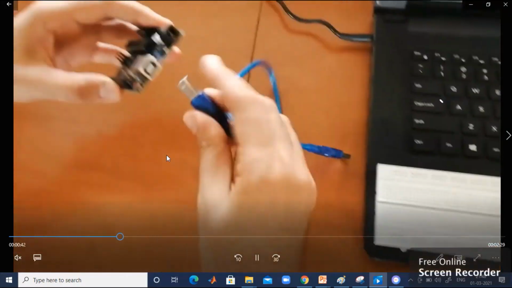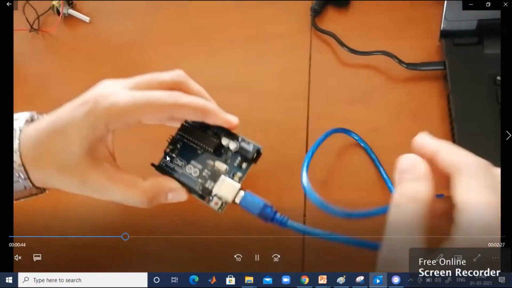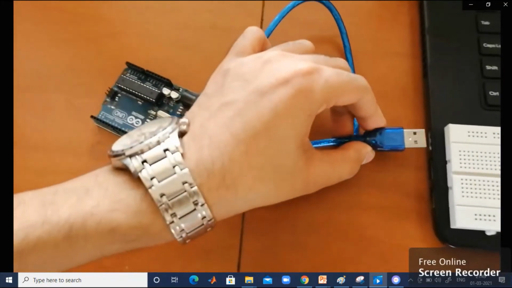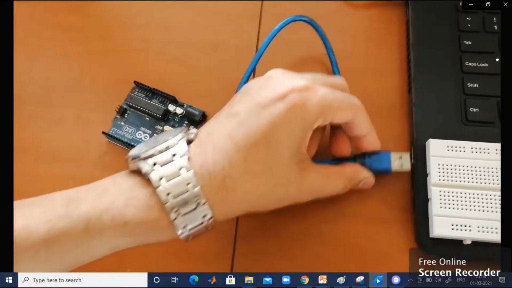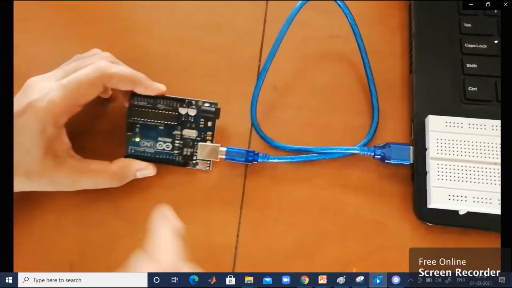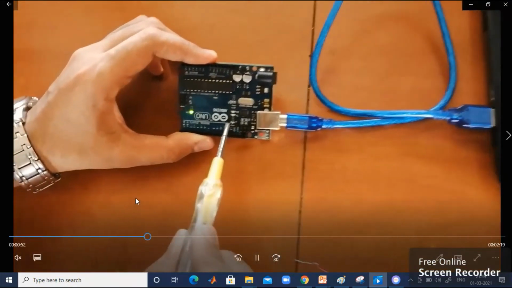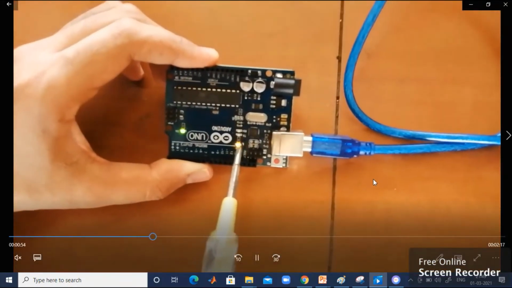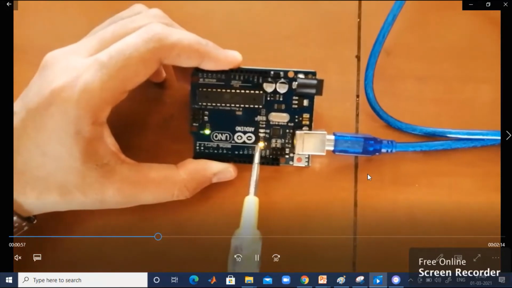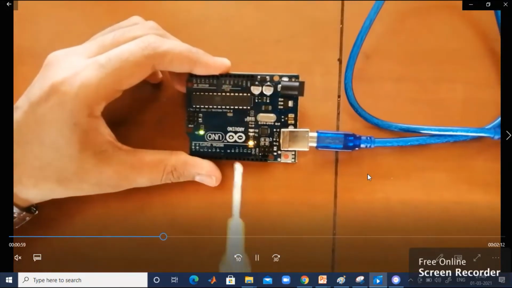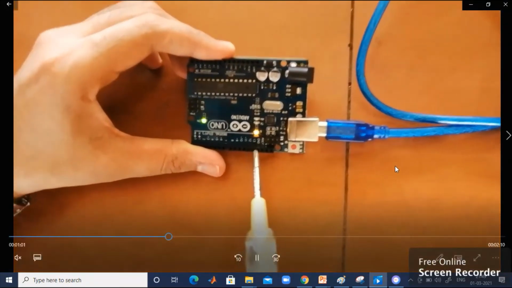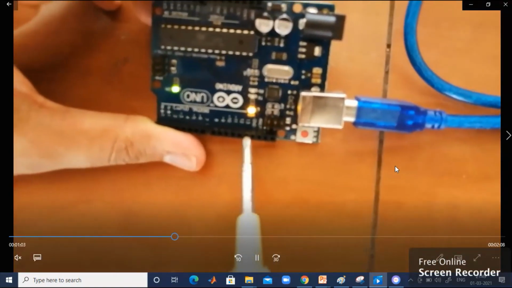Then what you are supposed to do is connect the Arduino to the laptop via a USB cable. One port is known as the A port, another is the B port. Okay, so I have connected. You can see the indication also. As soon as I connect the Arduino, you can observe the indication. That is very clear. That means the Arduino is working properly. Clear? So this is the way to connect the Arduino to your computer.